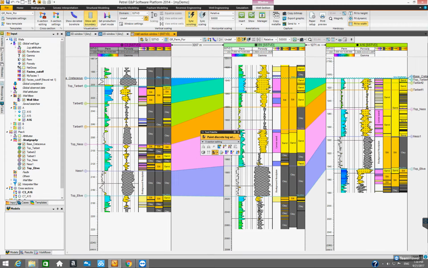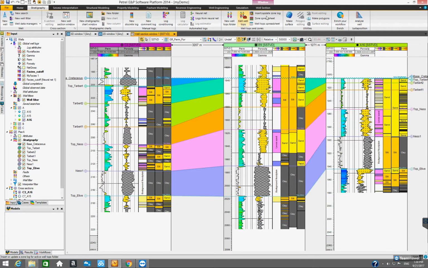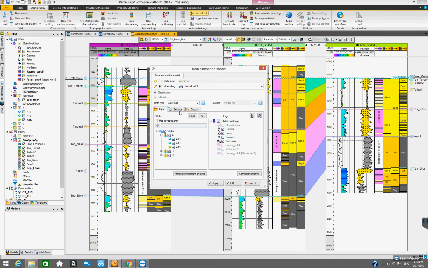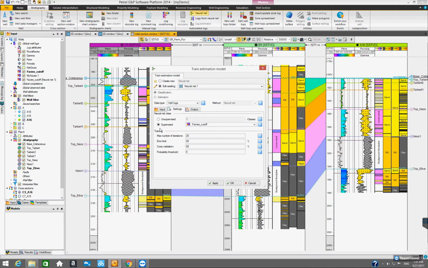That's one of the things that we need to pay attention to. Another thing we need to pay attention to is that when we use the neural network, it's important to recognize its limitations. Usually, for either supervised or unsupervised, you don't want to separate the logs into many categories. You don't want to do that, right? So if it's unsupervised, maybe limit it to less than 5 classes. If it's supervised, then this particular log,